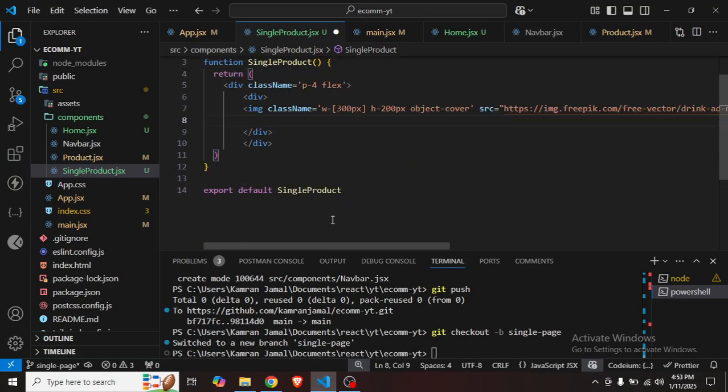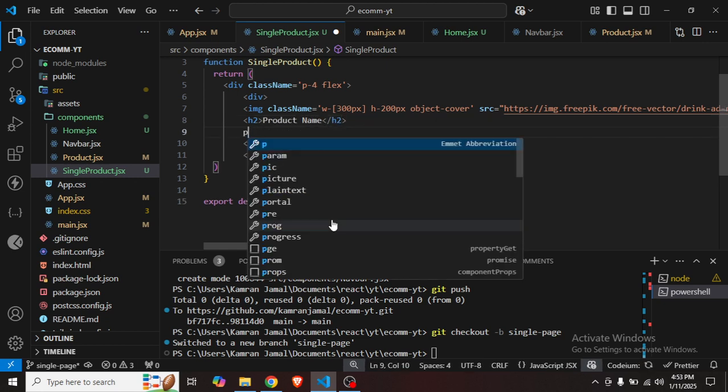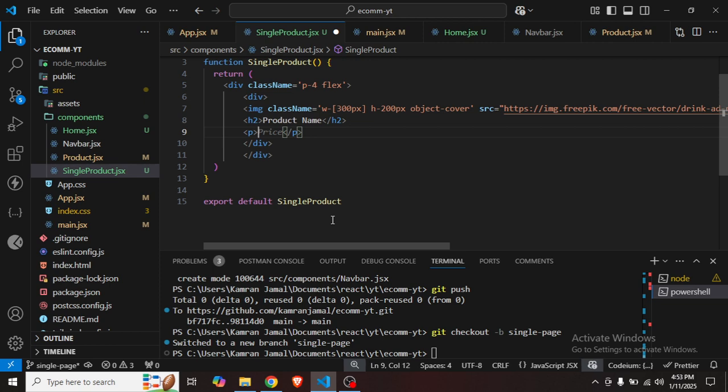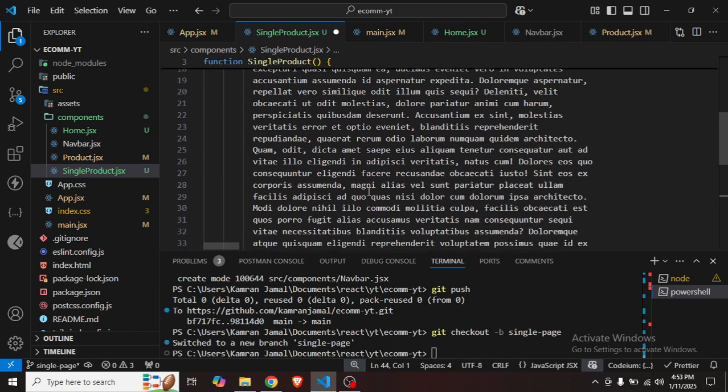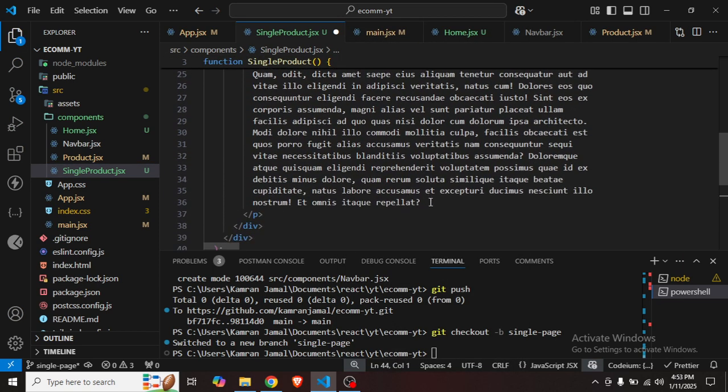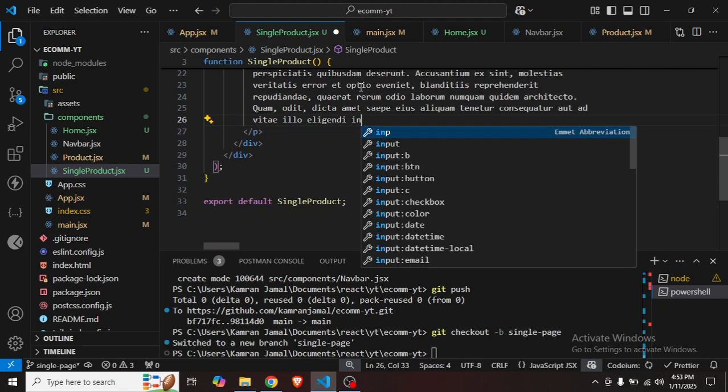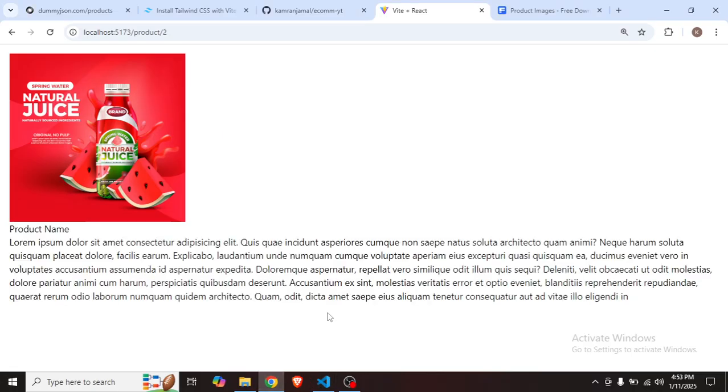So here let me create h2, and product name must go there, and after this I will have p, and the p should contain the description, lorem of 200. I think 200 was too much. I should increase it a little bit to some amount of text. Let me see. Okay,